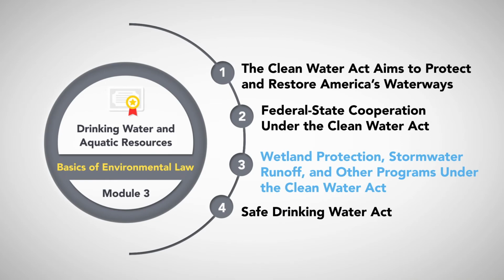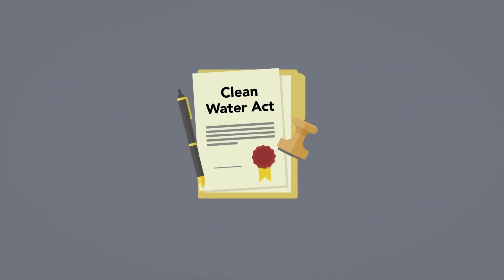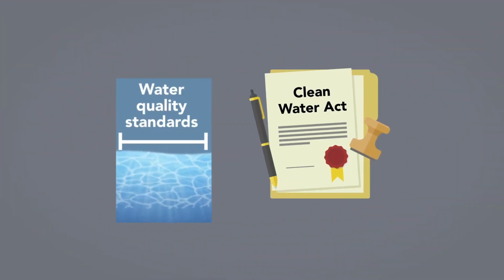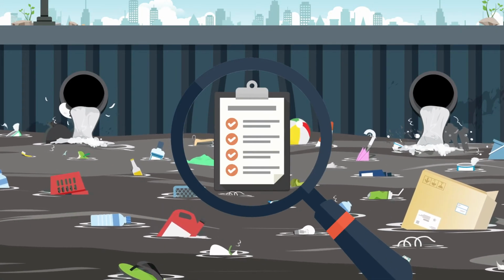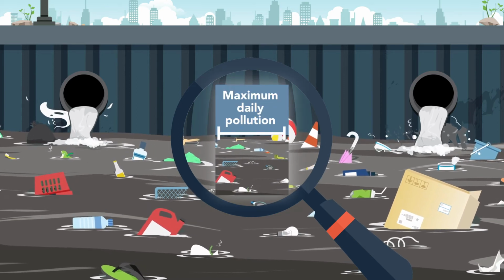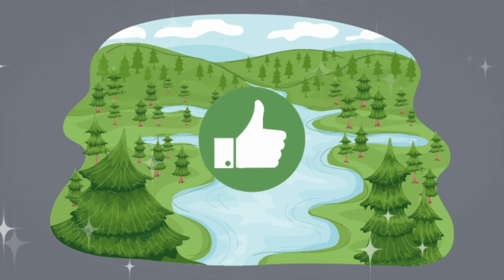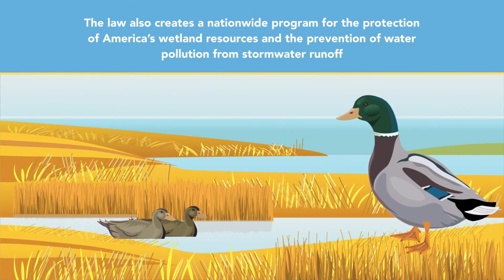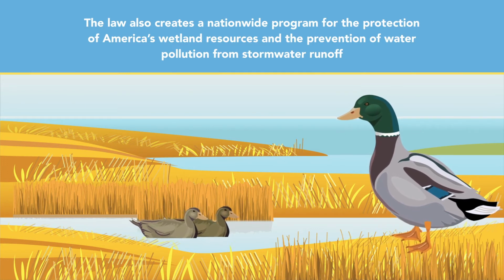Wetland protection, stormwater runoff, and other programs under the Clean Water Act. The Clean Water Act requires the adoption of water quality standards and monitors waters affected by pollution, lists impaired or threatened waters, and sets limits for total maximum daily pollution that is necessary to restore a water body. The law also creates a nationwide program for the protection of America's wetland resources and the prevention of water pollution